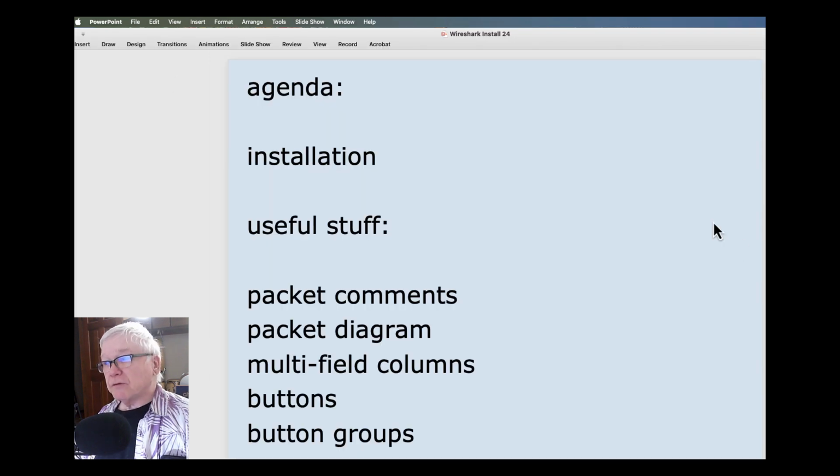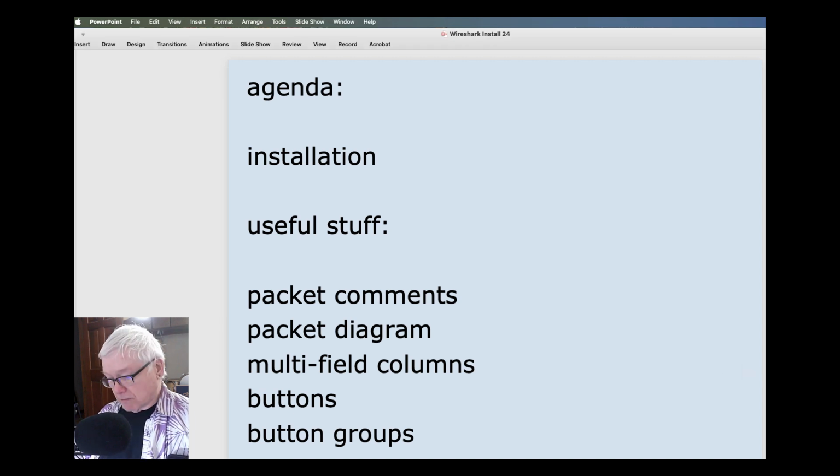So don't be afraid to make yourself some new profiles, to delve down into the documentation and learn a little bit more about what fields are available in various protocols and how to display them, or what display filters are available for different fields and different field values, and then save those as buttons. Have a lot of fun.